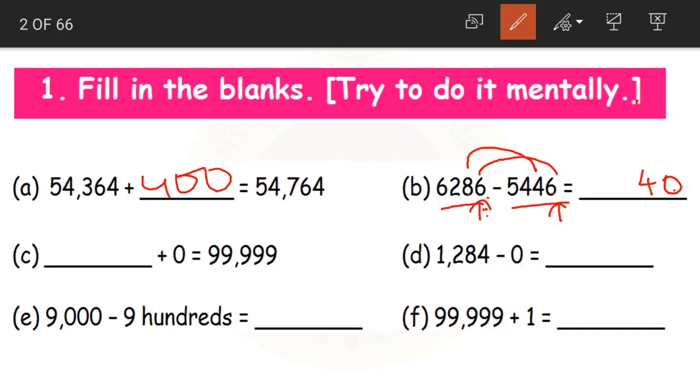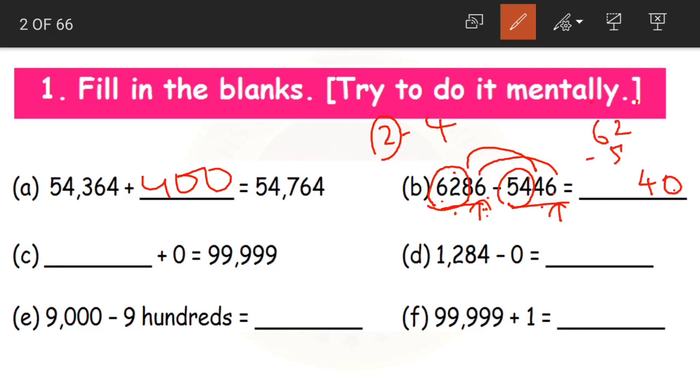And then coming to our hundreds place, we are having 2 here and we are having 4. See, 2 minus 4. Suppose you are having 2 chocolates and I want to take 4 chocolates from you. Is that possible? No, right? You are having only 2, so you cannot give me 4. In the same way, we cannot subtract 4 from 2. So what do we do here? Let us consider this 62 as it is and 54 as it is.